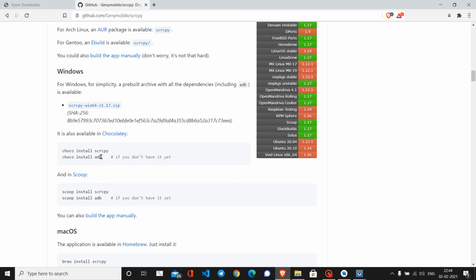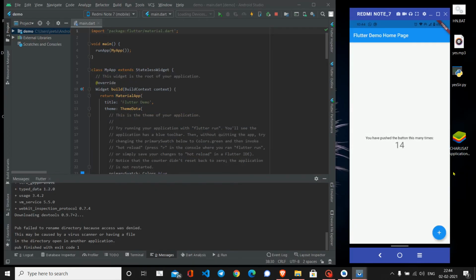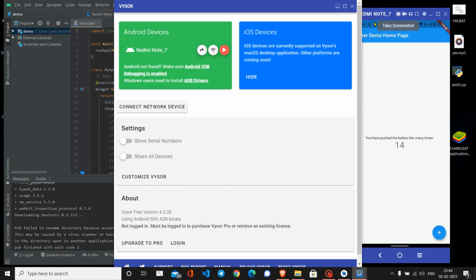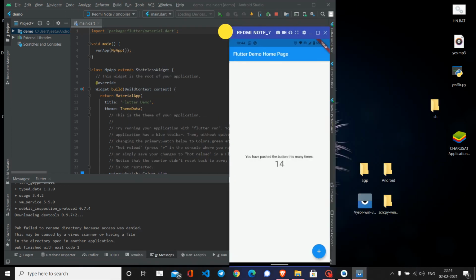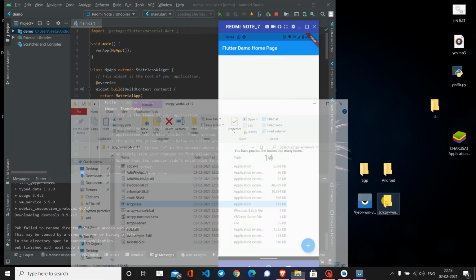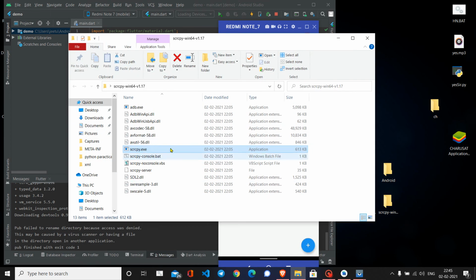But if you haven't got it, don't worry. You just need to download the Scrcpy zip file right from here, and then extract that zip file over here like this. When you open the folder, you'll get all these files, which already have the ADB drivers and the required drivers.